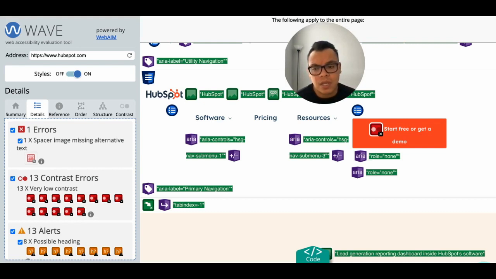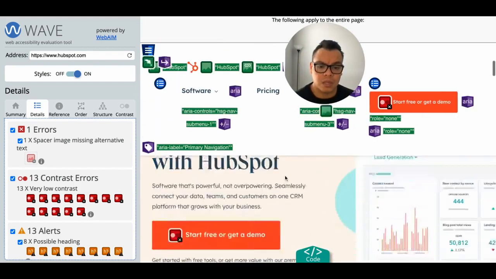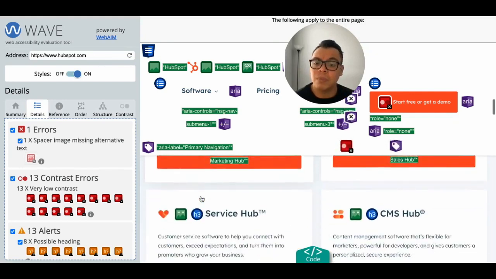So that's the tech tip for this month. Again, I urge you to check out Wave if you are a website developer or someone that just likes to understand how a website is structured. Maybe you are thinking of migrating to a new website or creating a new website and you want to see some of the accessibility issues that your current website has. Again, it's good to know that there's a tool that can help you flag those types of issues without